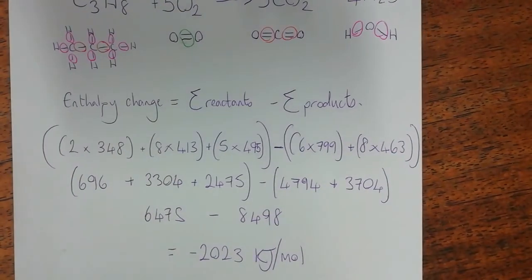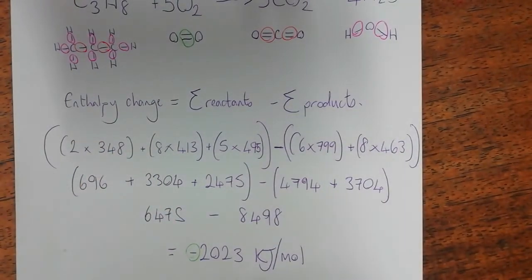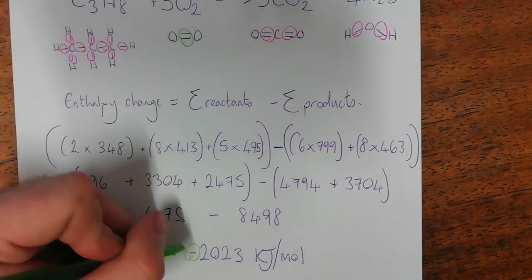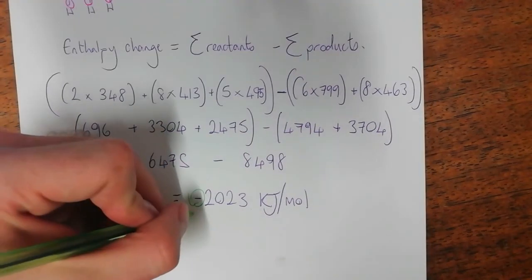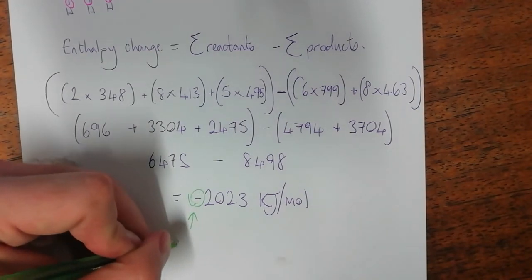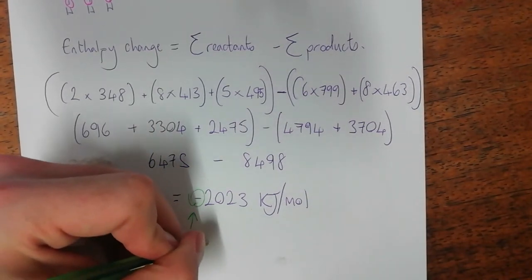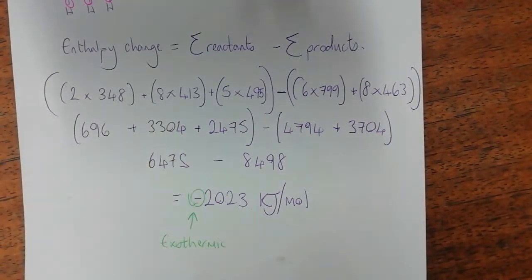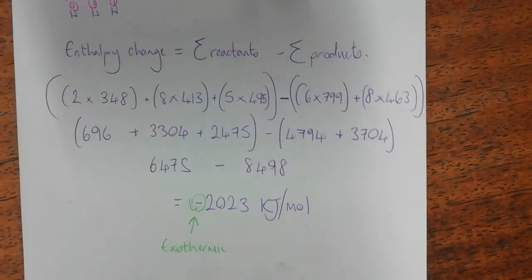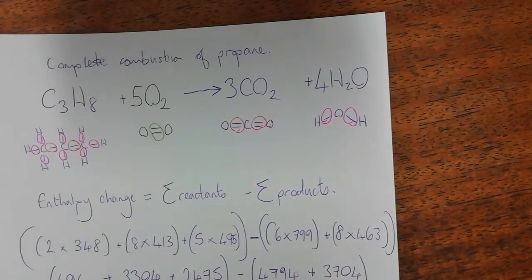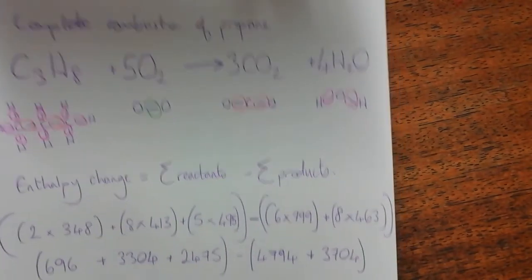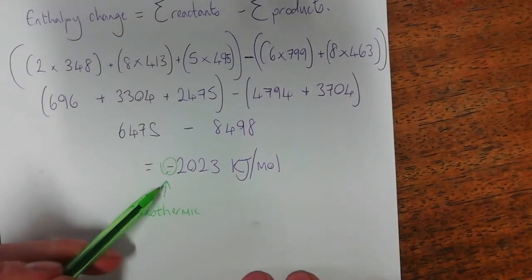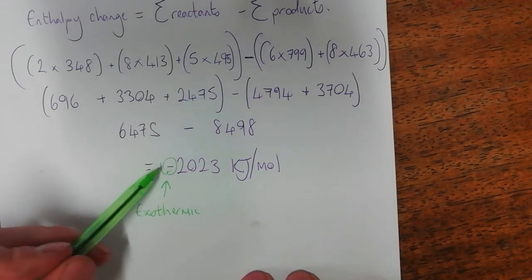Okay, now what is really important here is that sign there. Okay, a negative sign for bond enthalpy means exothermic. It means that that amount of energy is being released by this reaction. Now we should hopefully be able to work that out straight away because it's a combustion reaction. Combustion reactions are always exothermic, but this proves it because we've got a negative value. If that value there is positive, then the